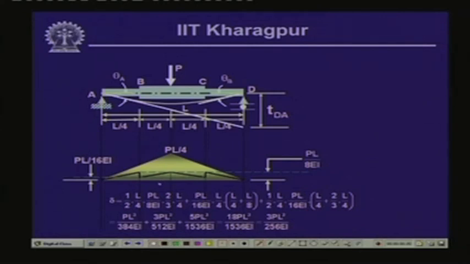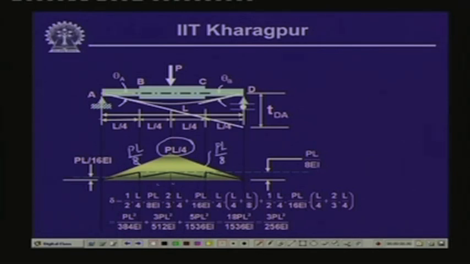Now, here as you can see, the maximum value of the bending moment is PL by 4 at the center, which is P by 2 times L by 2, and at this point the value of the bending moment is P by 2 times L by 4, which is PL by 8, and so is at this point, PL by 8. Now, what we need to do is draw the M by EI diagram,